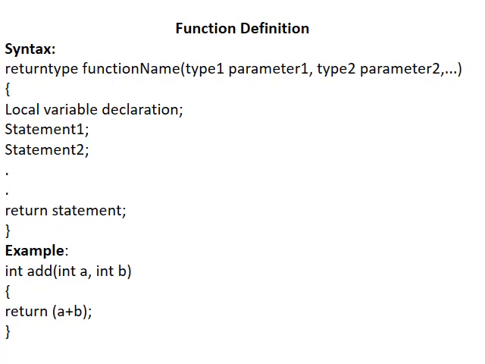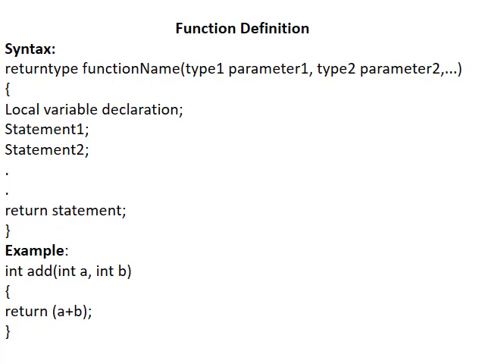Next we'll see the second element, that is the function definition. Now function definition consists of the set of instructions to be performed by the function. Now you see the syntax over here. Again the first part here is similar to your function declaration. Function declaration and definition can also be done together.